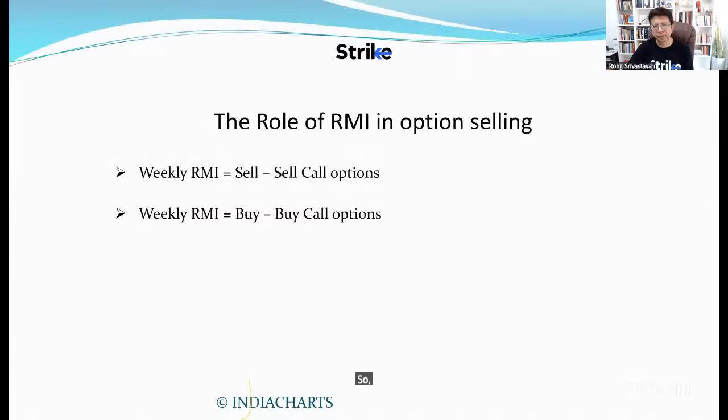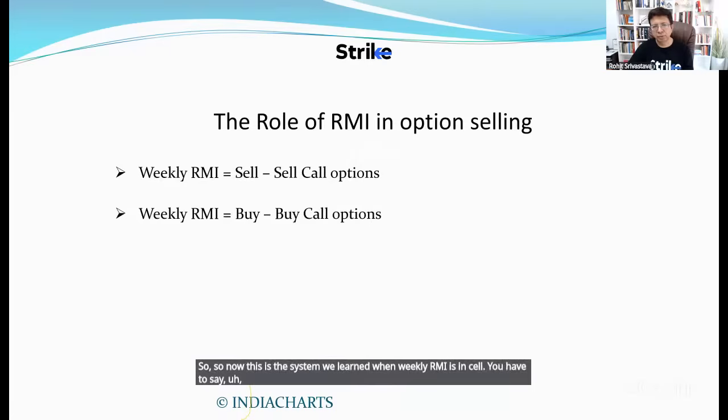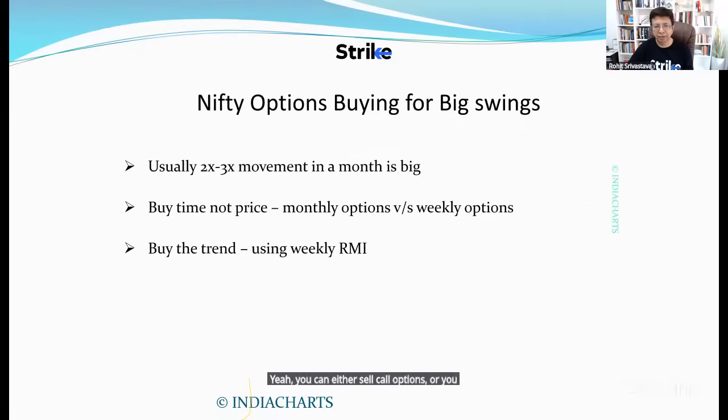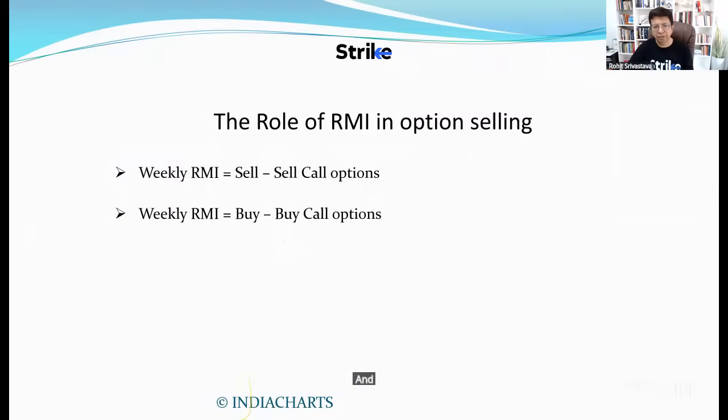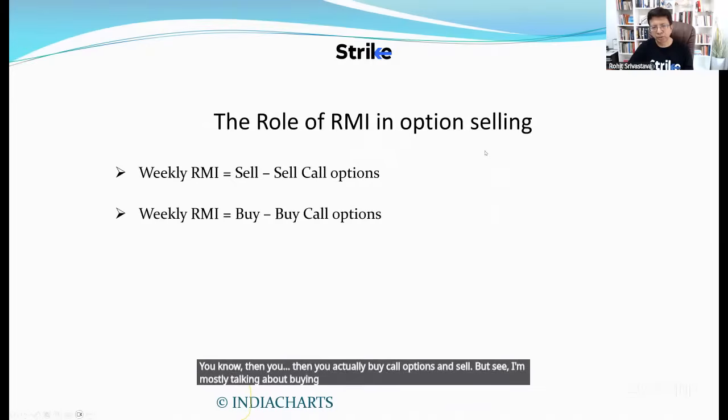So now this is the system we've learned. When weekly RMI is in sell, you have to say, buy. Yeah, you can either sell put options or you can buy call options based on what the RMI is doing. And similarly, you can do the opposite of that when you have a buy and a sell. Then you actually buy put options and sell call options. But see, I'm mostly talking about buying Nifty options. If you're a seller,